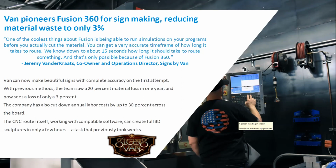But back in 2008, due to stock crunches, similar companies like small and other mid-sized companies also faced a lot of losses. And Jeremy, who is the co-owner of the company, took a risk and invested in a 5-axis CNC machine. And he was also looking for a robust platform that can go hand in hand with the CNC machines. So he was planning to have 3D sculptures,